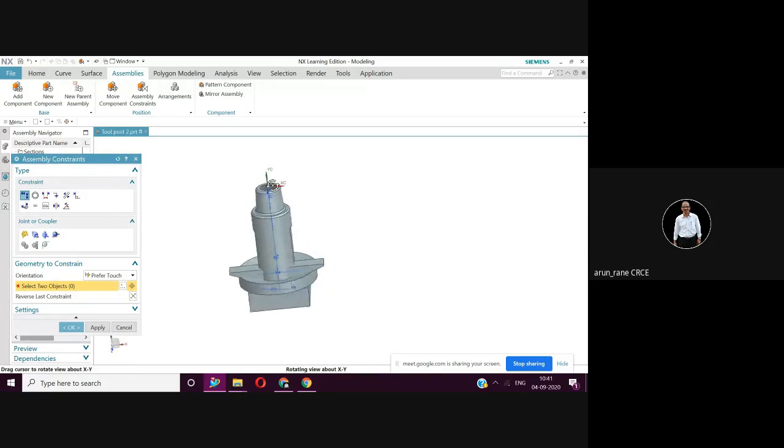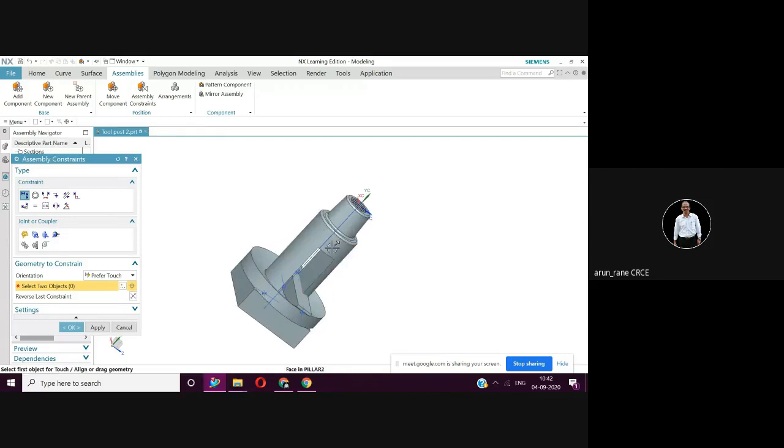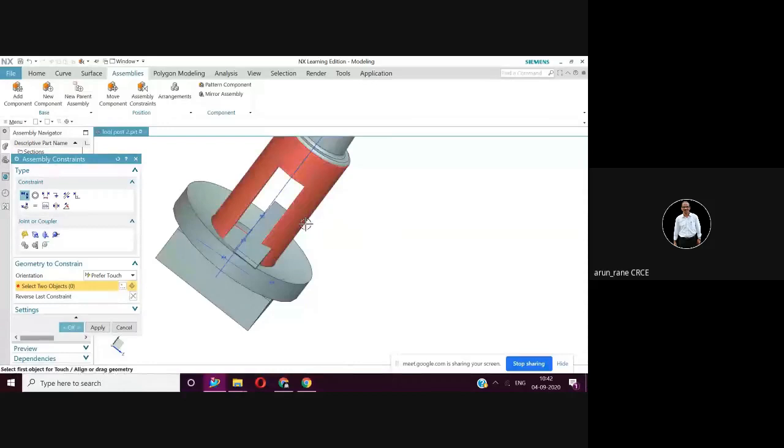So we'll adjust the distance now. Zoom it, pan it, we'll adjust this distance. Now this is 22, and if you remember, we extruded this to 18. So 22 minus 18, that is 4. So this distance will be 2 mm.